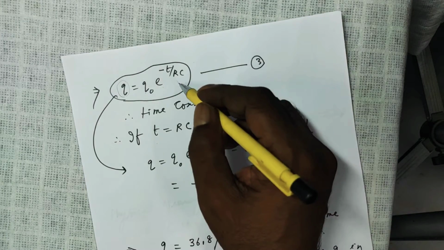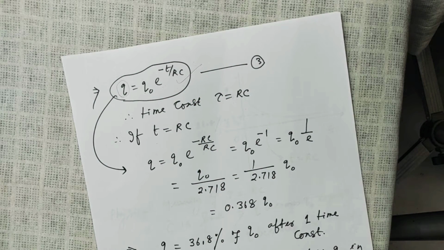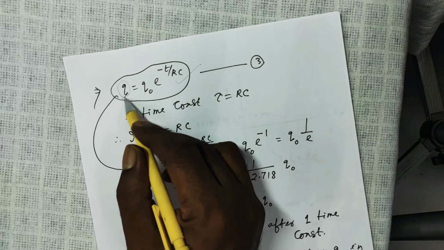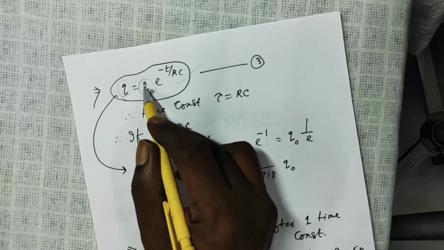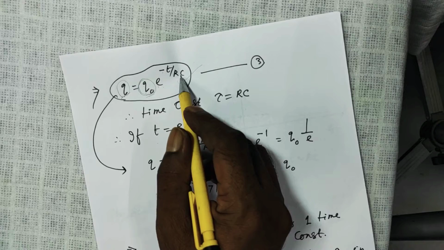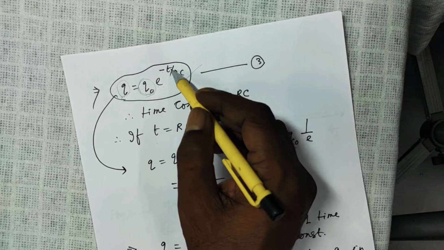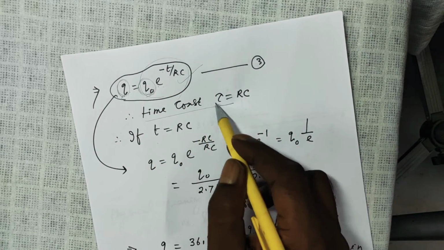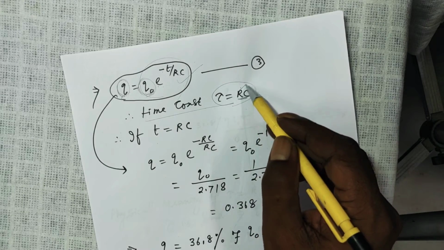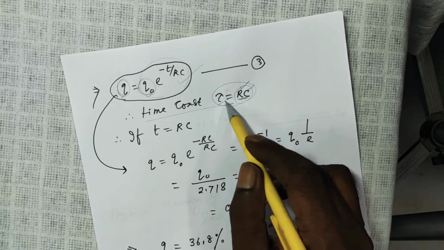What do you mean by this? This is the final expression for discharging. Means the moment you started discharging the capacitor, when the key was switched off, you started counting time again from 0 from that point of time. Now after t seconds, what is the charge left on the capacitor Q? Whatever maximum charge it had stored, into E to the power minus t by RC. It means if t increases, this gradually decreases from this expression, where the time constant is RC. If you put the dimension of R and C, it will give you the dimension of time, therefore it is called time constant.